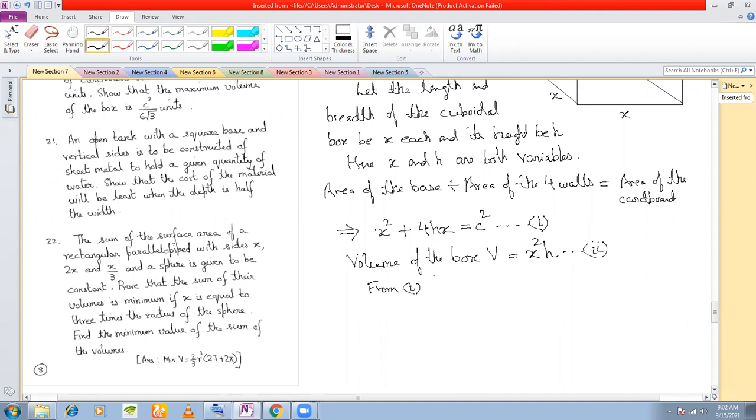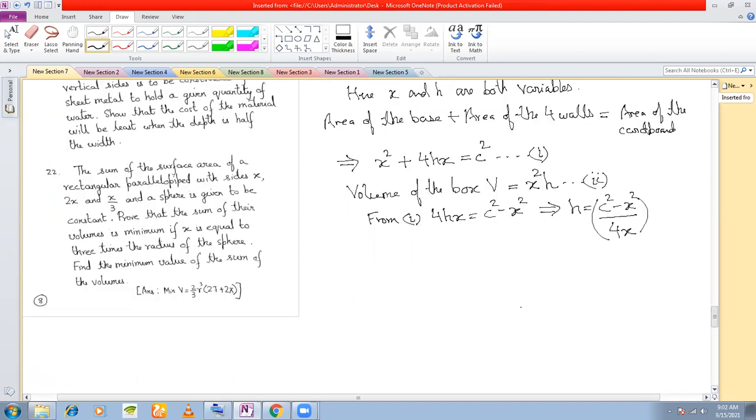So we can find out the value of h, and putting this value in 2, we get